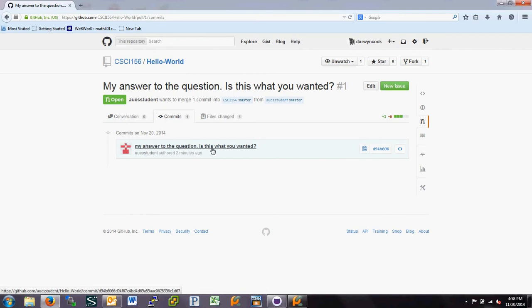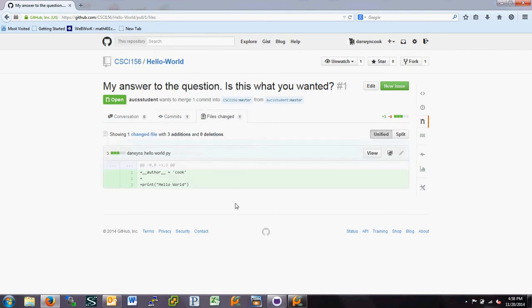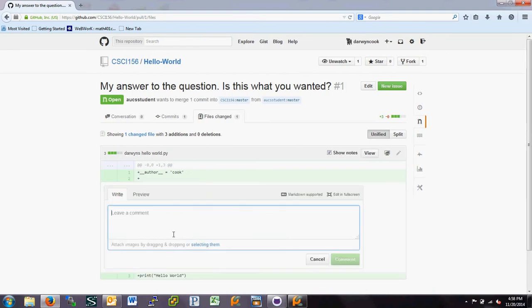so here's the question. I can look at the commits, and I'm going to take a look at the files changed. And here's what I'm seeing. I'm seeing that the student has printed out Hello World, and they're asking me, is this what you wanted? And so I'm going to offer up a comment and say, not exactly,